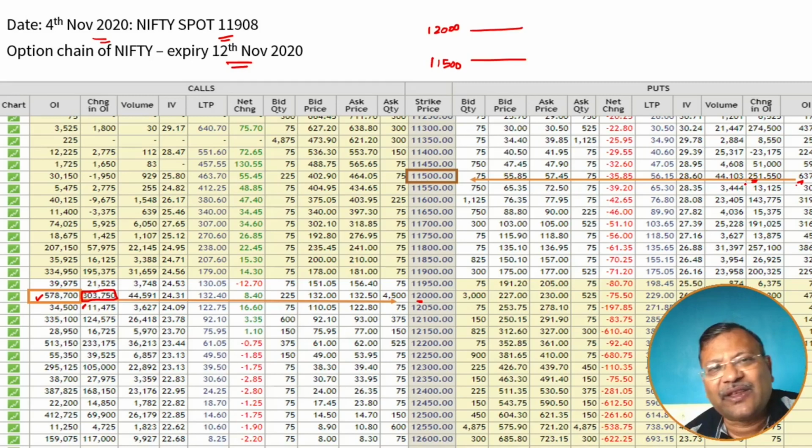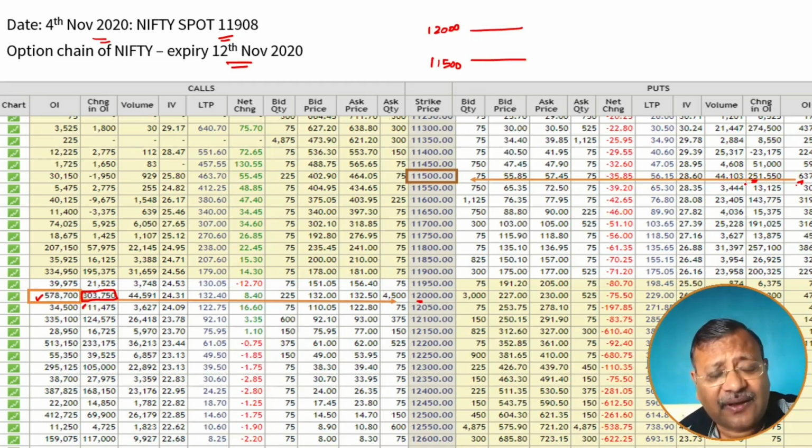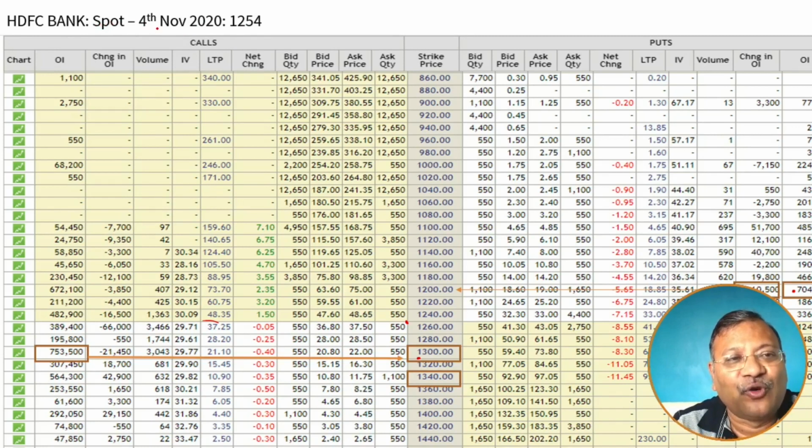So at this point, we can reasonably come to a conclusion that the support is very strong at 11,500 and the resistance could be very strong at 12,000 levels. The next step for us would also be to have a look at the volumes side by side. I'll come to that in a moment. Now, I'll give you another example. Let us take the case of HDFC Bank shares. On 4th November, the spot rate was 1254, and this is the option chain data with an expiry on 12th